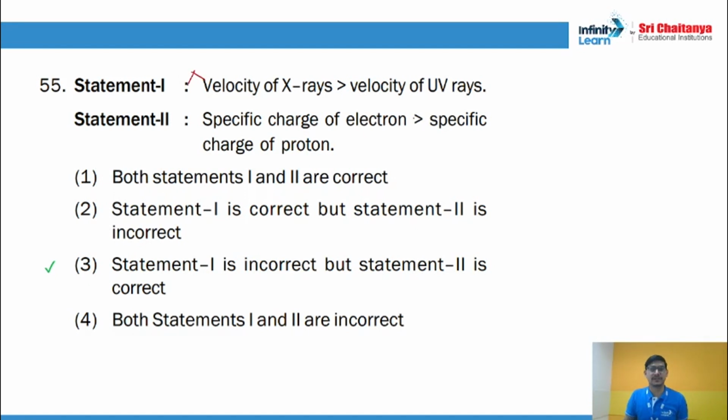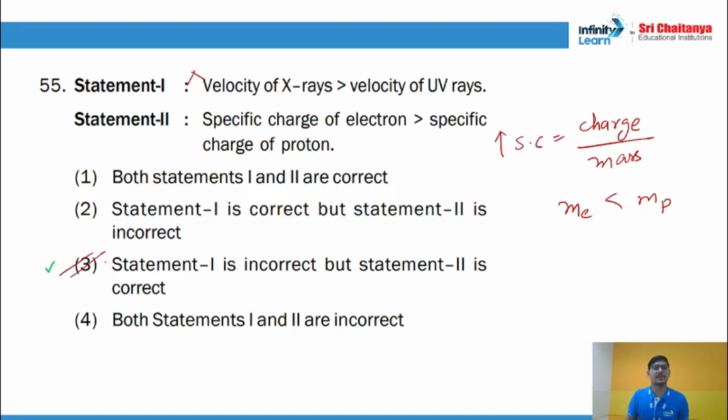A specific charge of electron is greater than the specific charge of proton. This statement is correct because a specific charge is equal to charge divided by mass, right? Any specific of anything is that thing divided by mass. Now charge, the magnitude of charge on electron and proton is equal, you know that, guys. What about mass? Mass of electron is less than the mass of proton, right? Electron is lighter than proton, so because denominator is small, the fraction will become large. So the specific charge of electron is greater, right? So this becomes our correct answer.